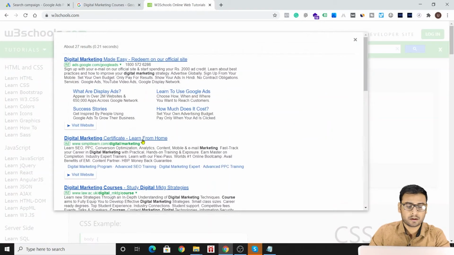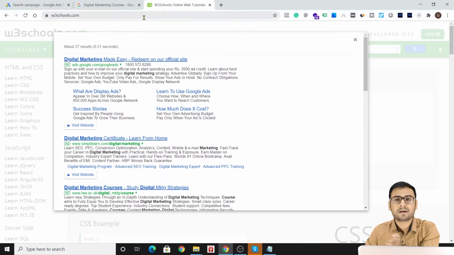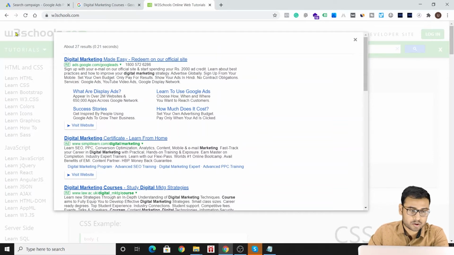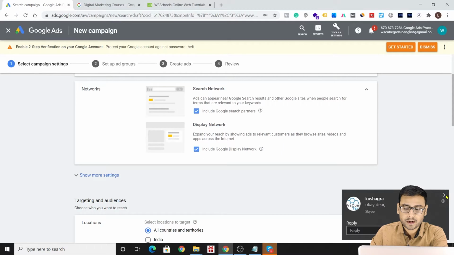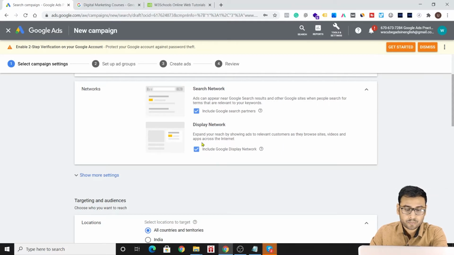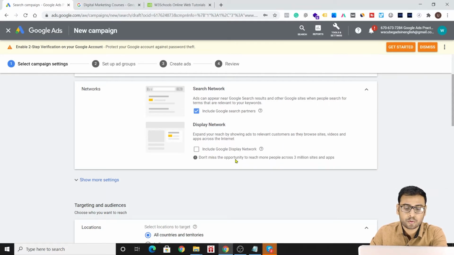Now this is Google's partner search network, because this website is not owned by Google, and still Google ads are showing in the search section of this website, which means they are in the search partner network. So whenever we are running such campaigns, it is recommended that you never check this option. Always uncheck it.